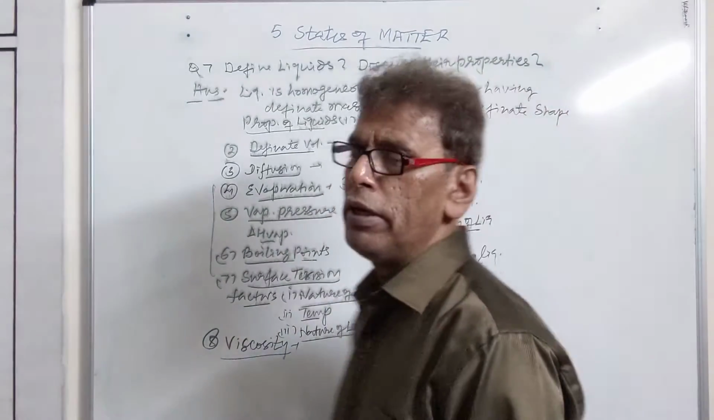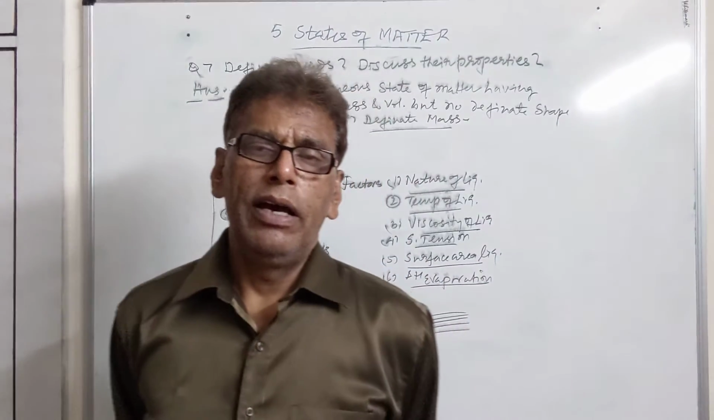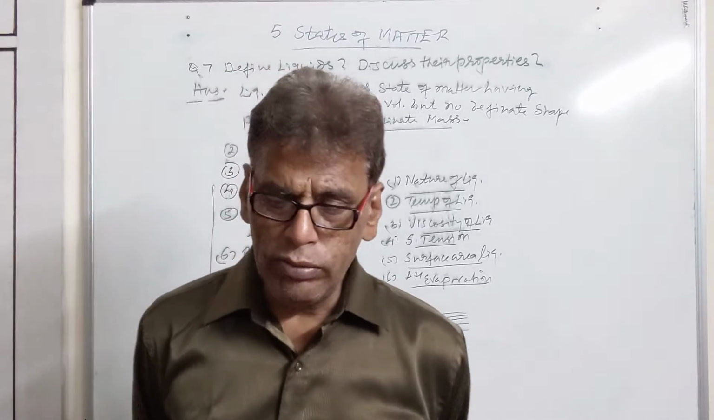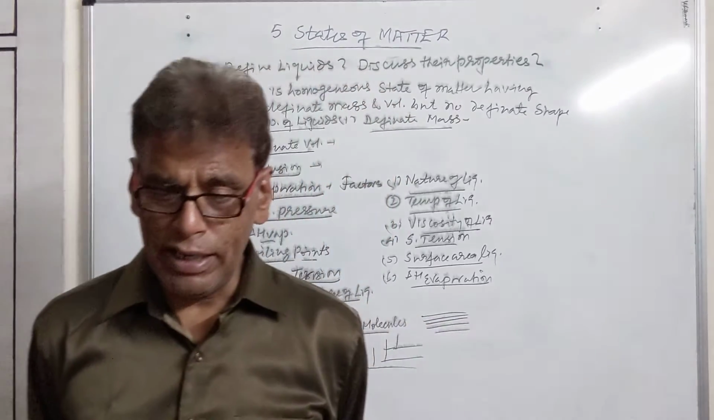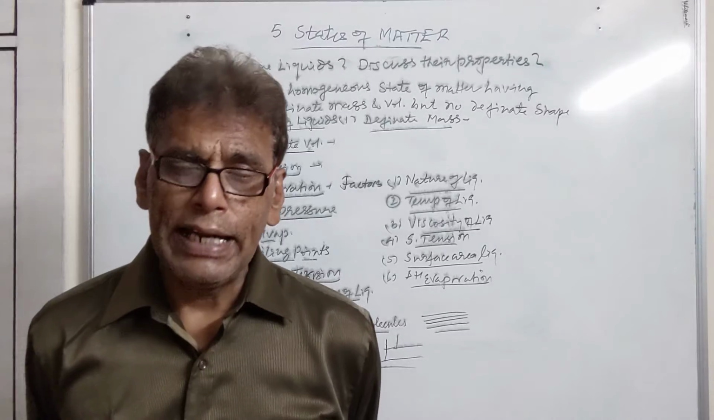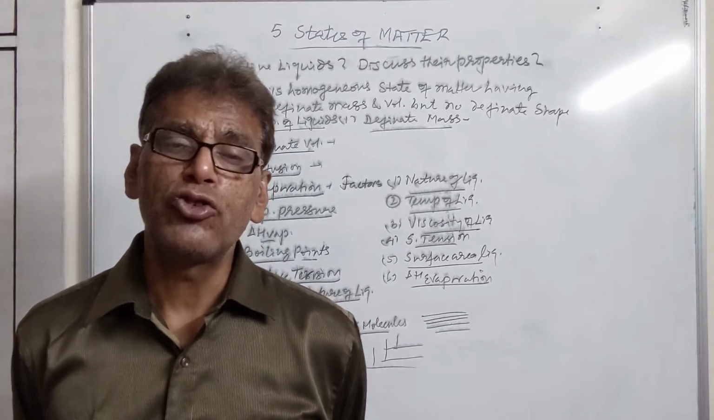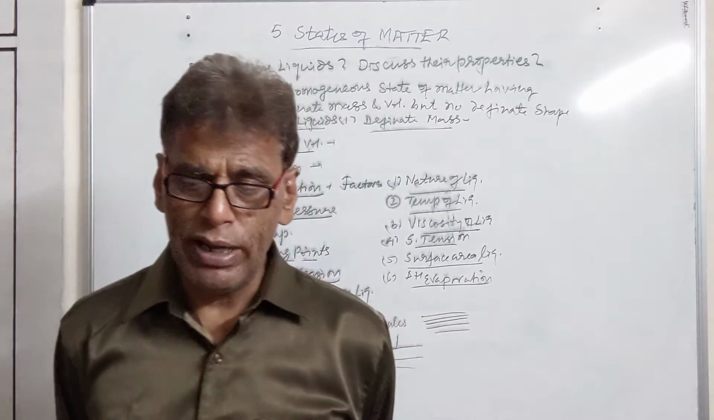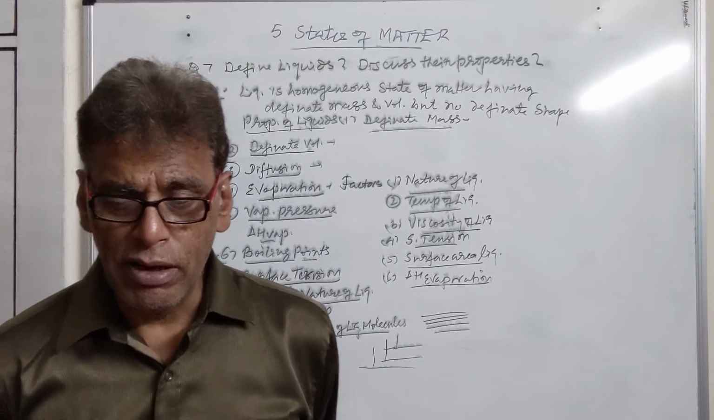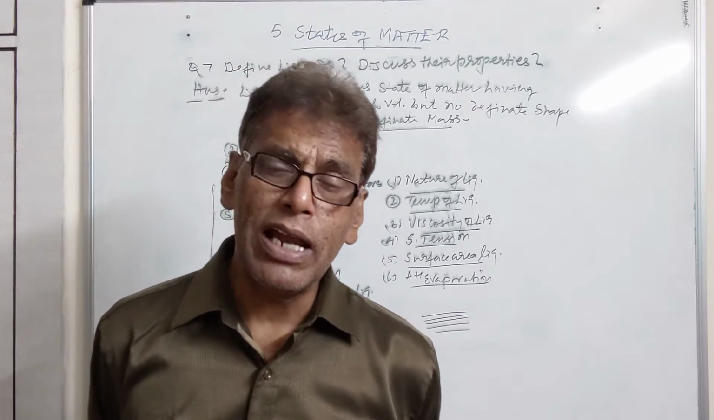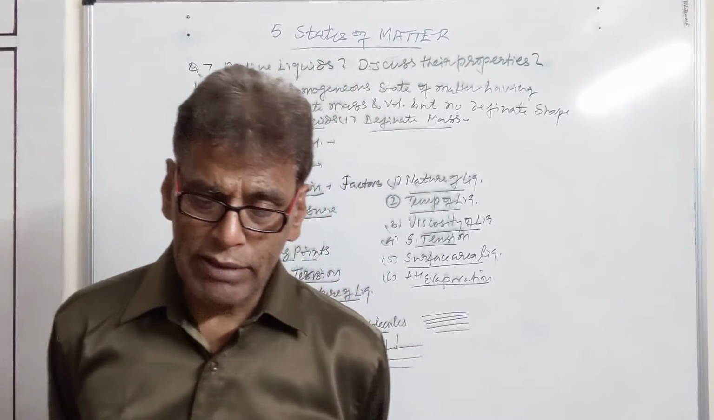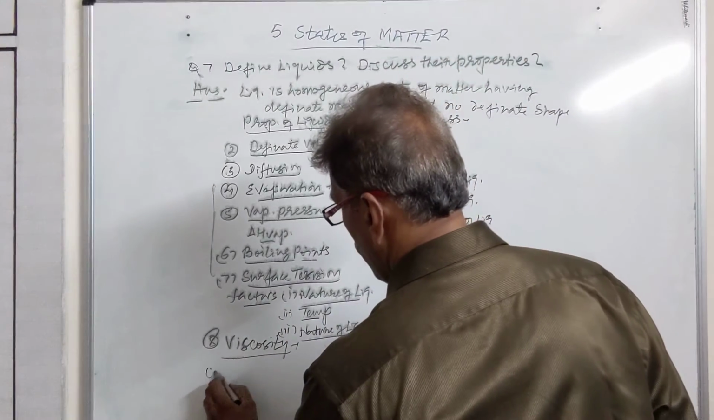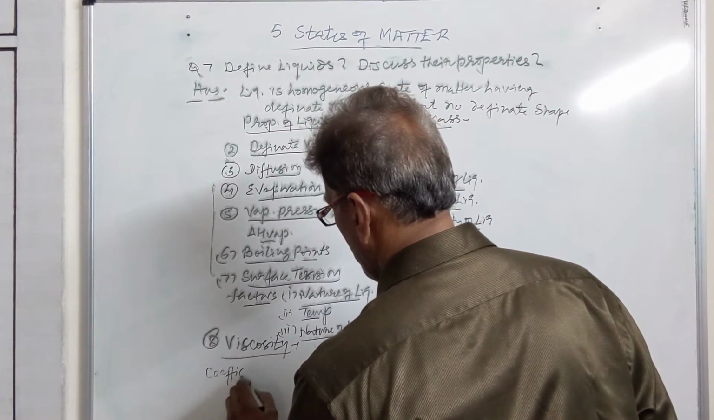It is that property of the liquid by which a liquid layer resists the motion of the other liquid layer which is running above it. So viscosity is the frictional resistance to the flow of liquid, or it is the internal friction or resistance which one liquid layer offers to another liquid layer. Then we have another important definition, that is called coefficient of viscosity